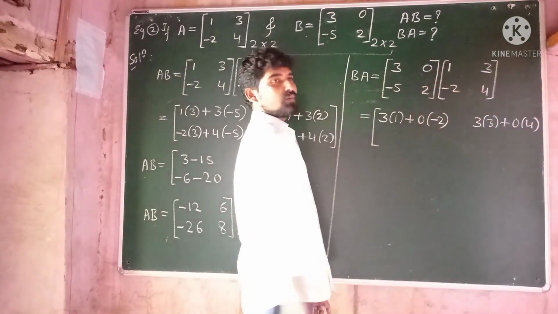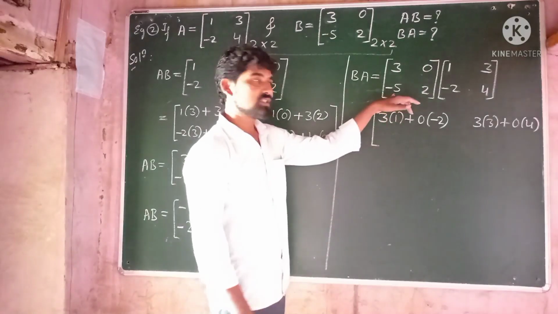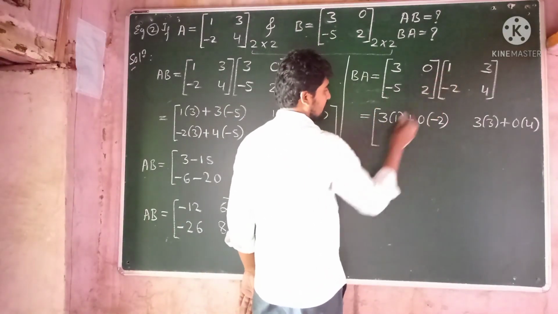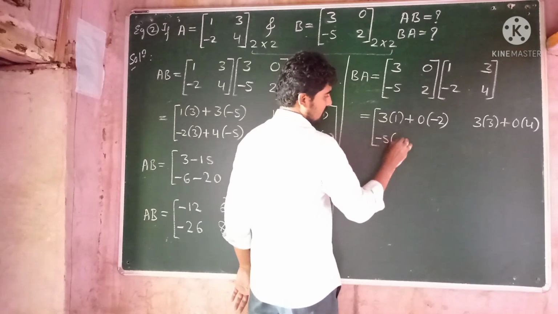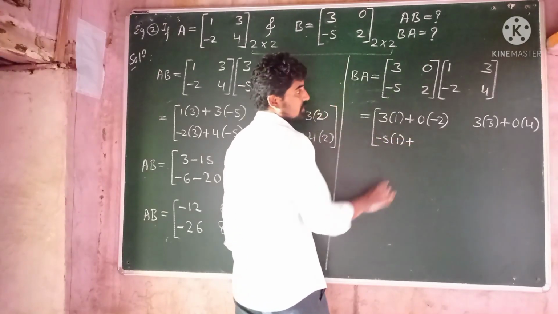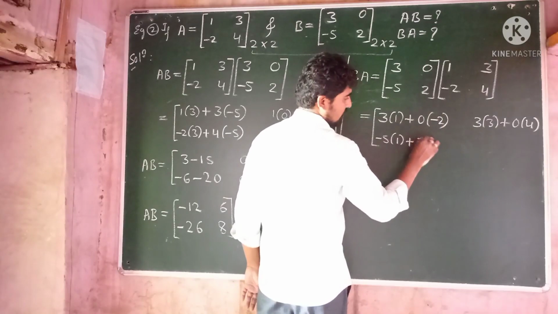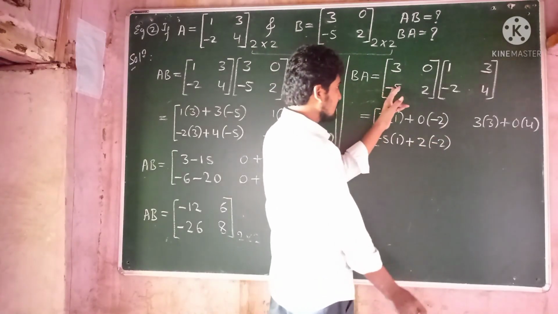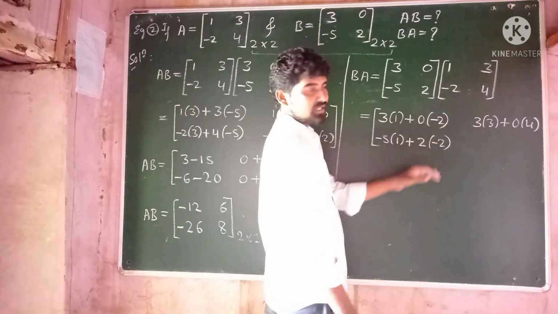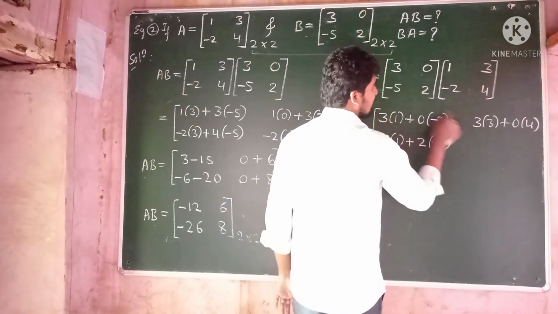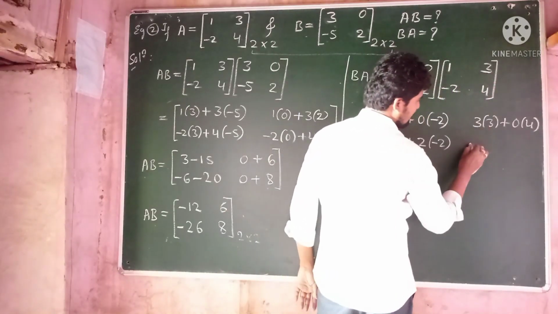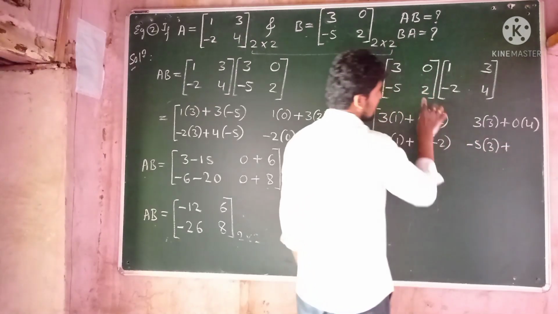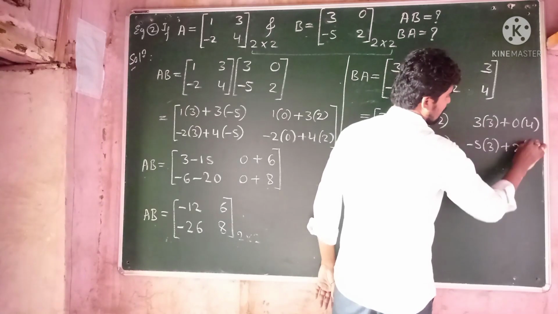So the first row is complete. Next we move towards the second row. Second row first column: minus 5 into 1 plus 2 into minus 2, and then the second row first column is completed. Now second row second column: minus 5 into 3 plus 2 into 4,